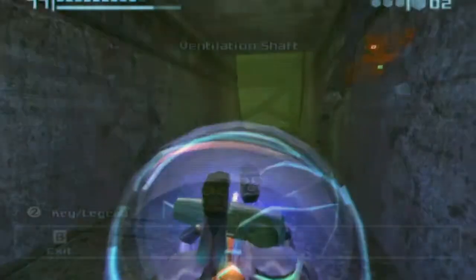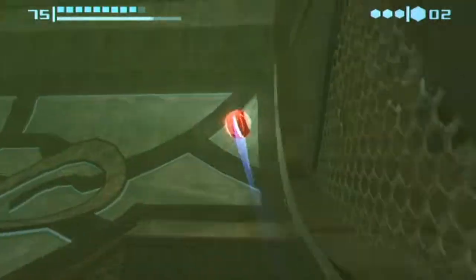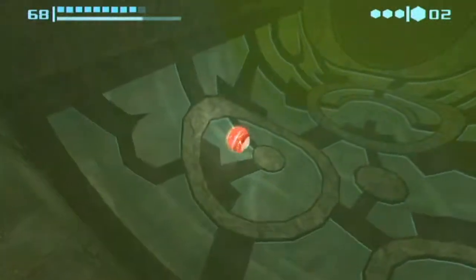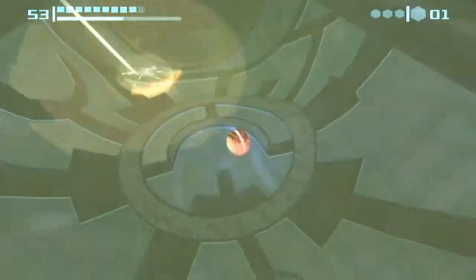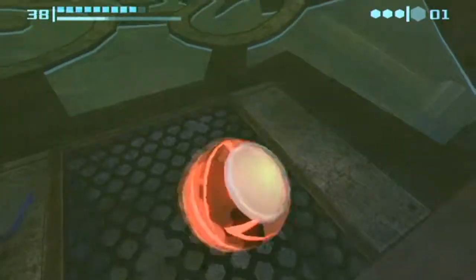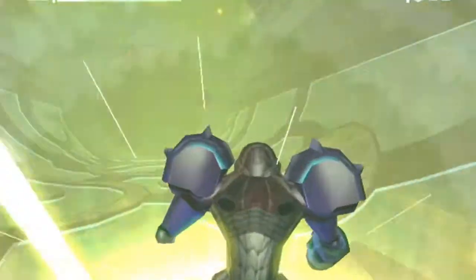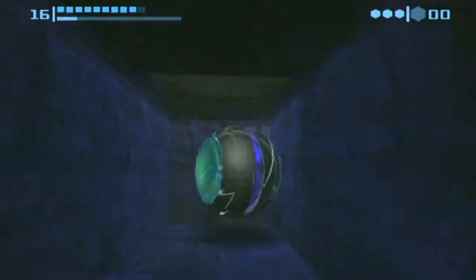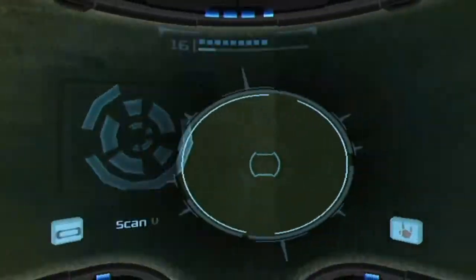Anyway, we are back here in the ventilation shaft, and if you'll remember, we have poison gas, but now that we have power bombs, we can drop one. I said we can drop one. There we go. So now that we dropped the power bomb over here, we can go underneath. I had the wrong place. So once we go through here and we scan this,